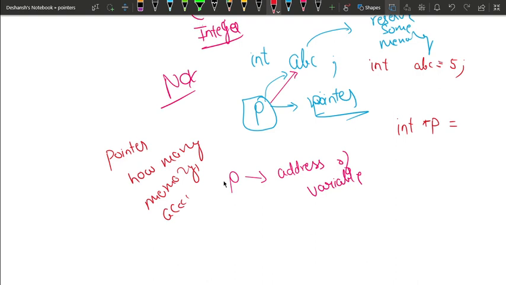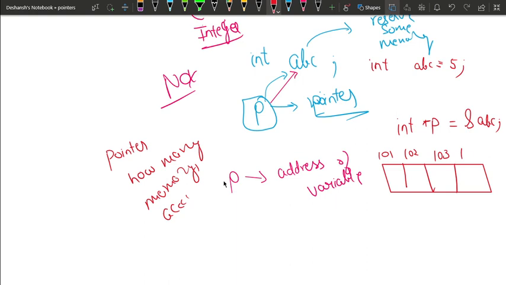Okay, so we are going to keep the address of ABC. Suppose ABC is stored in memory locations 101, 102, 103, 104. So pointer P keeps the address of the base location.